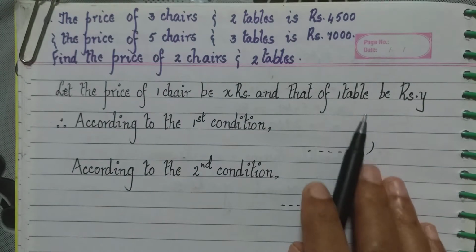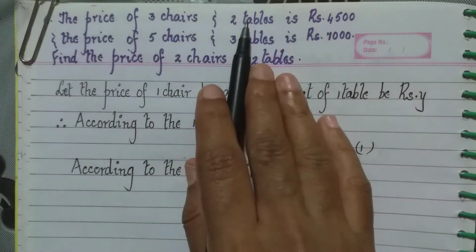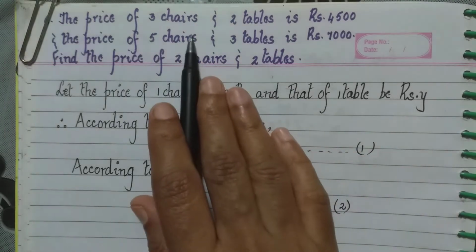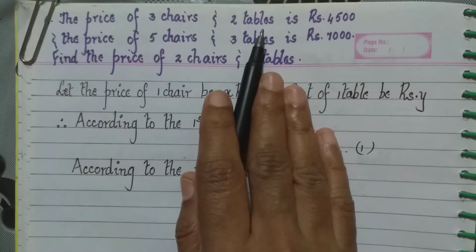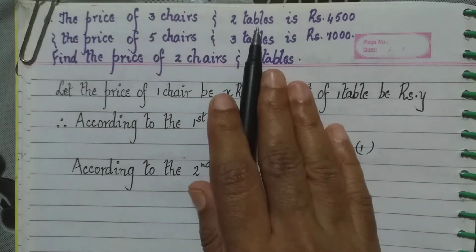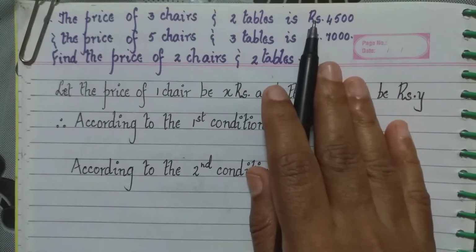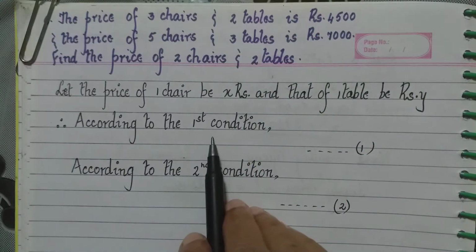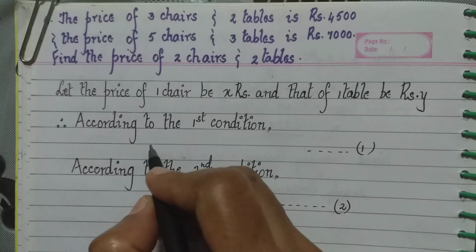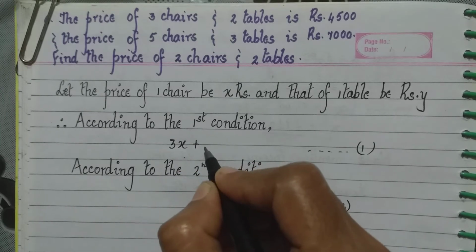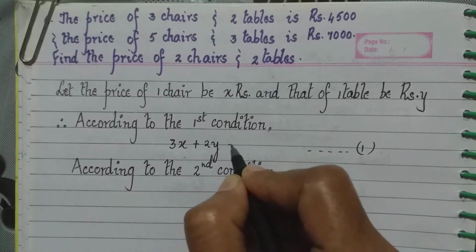The cost of 1 table is rupees Y. Therefore, the cost of 2 tables will be 2 into Y. Therefore, the cost of 3 chairs and 2 tables together will be 3X plus 2Y. They said that is coming to 4,500. Therefore, according to the first condition, 3X plus 2Y is equal to